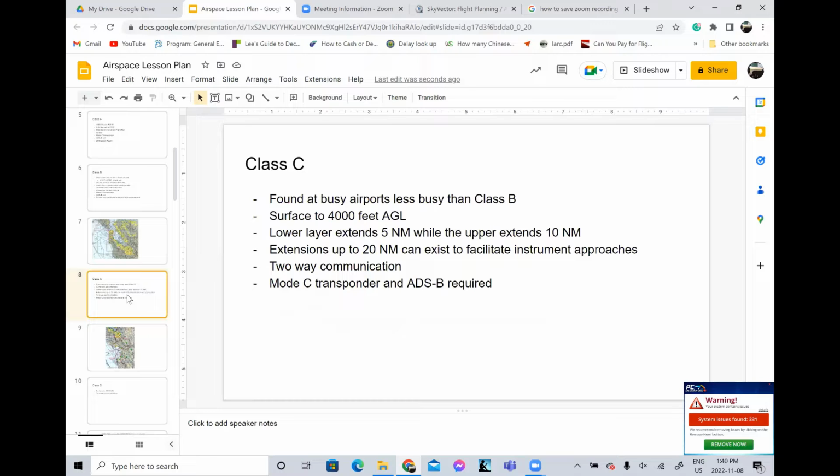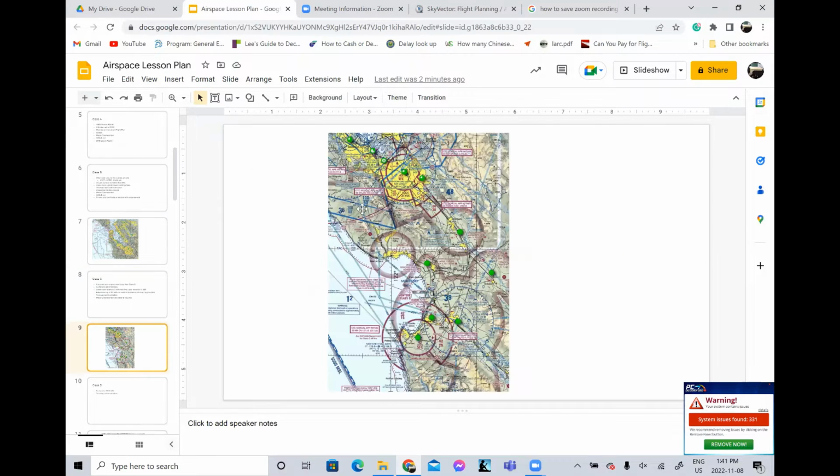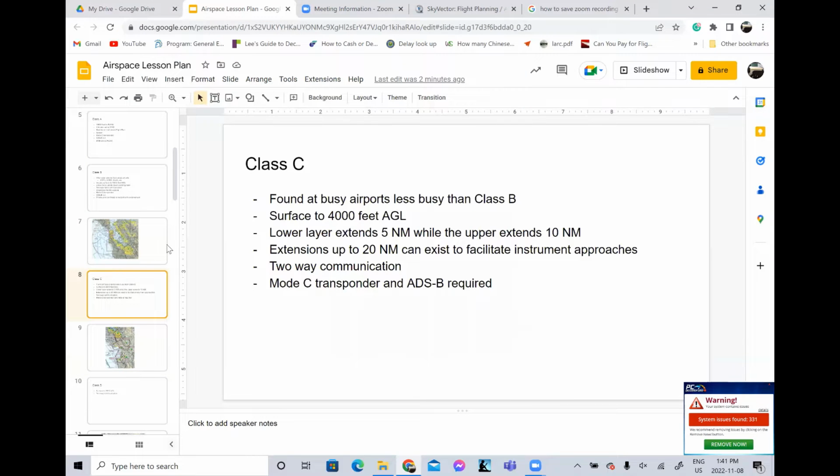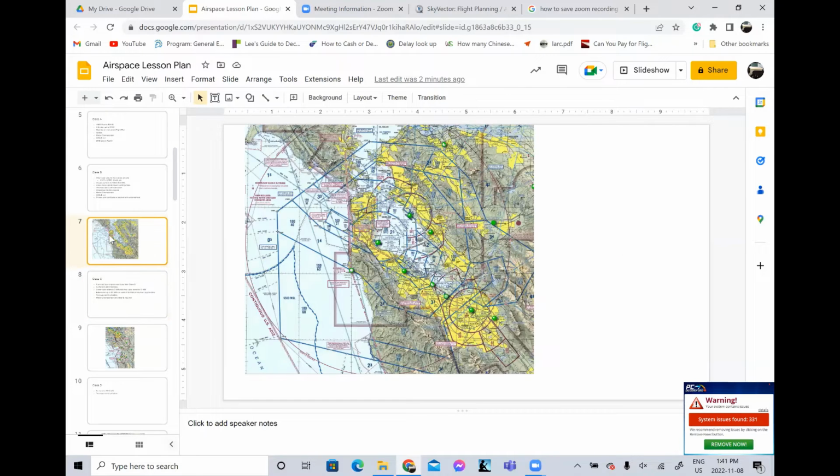All right, the next airspace we're going to talk about is Class Charlie. These are found at busy airports, but they're less busy than a Class Bravo. Some examples are San Jose International here and Monterey Regional. Usually the airspace starts at the surface and goes up to 4,000 feet AGL. And the Class Charlie itself has 2 layers. It has a lower layer which extends 5 miles out,